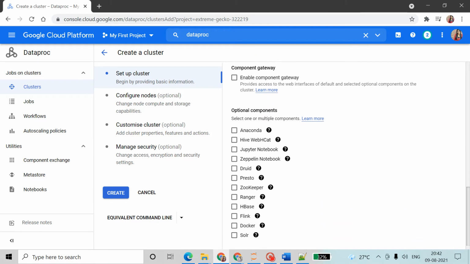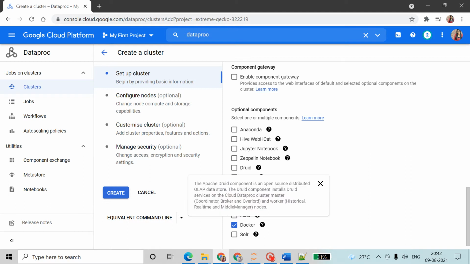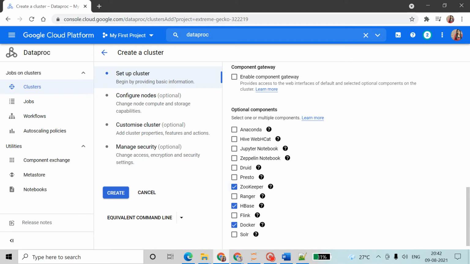See, here some options are there. I told you in our big data we have some tools, Zookeeper, HBase, even Docker, and so here I am selecting Zookeeper because I am working on big data tools. So I am using Zookeeper, HBase, and Docker I don't use, and here Jupyter Notebook.